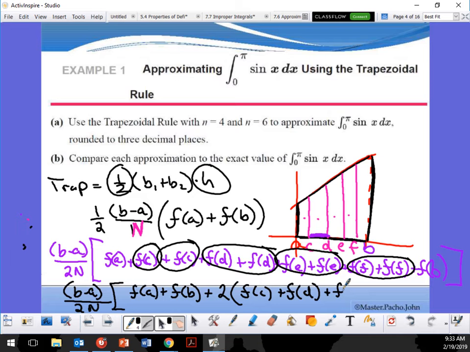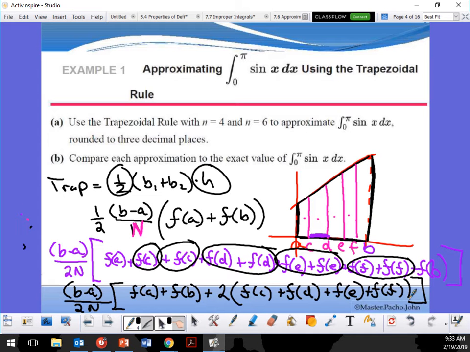F of, where am I at? C, D, E, F of F. So now, you guys notice the pattern? You guys got the pattern now, right? So it's b minus a over 2n